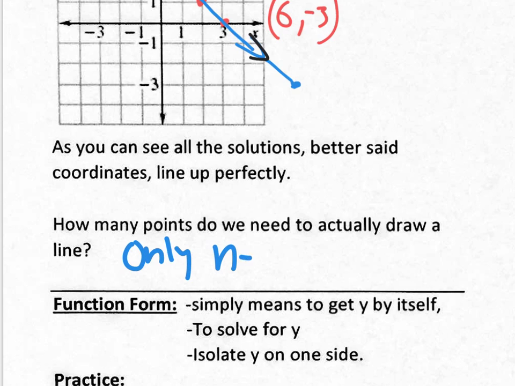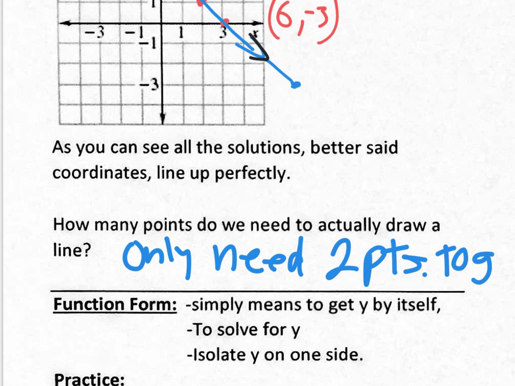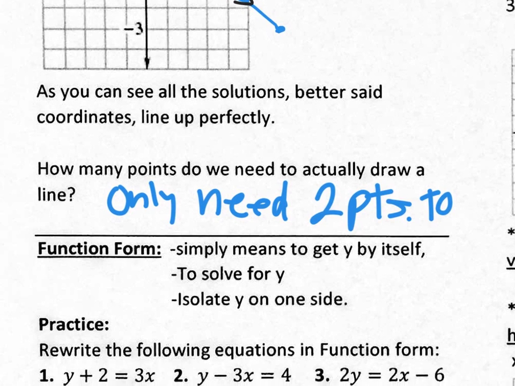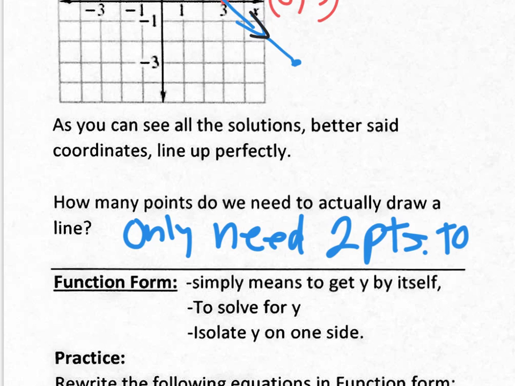Only need 2 points to graph. That is ugly. I ran out of space. All I need, 2 points to, whatever, you get the idea. You only need 2 points. You guys got that? So what I would like you to do now is write down the vocab word function